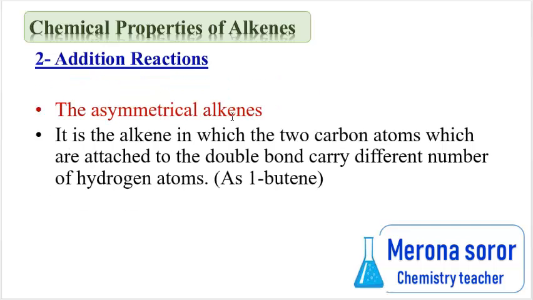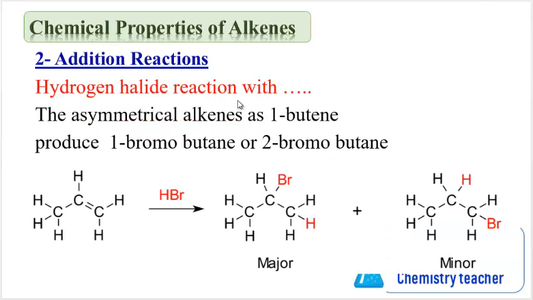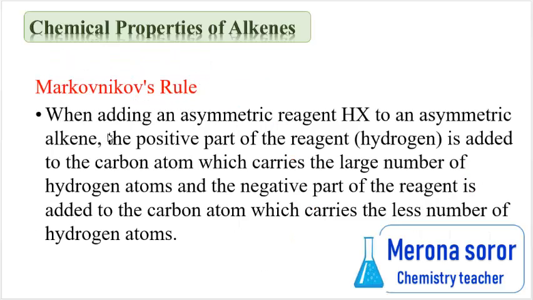The asymmetrical alkene is the alkene in which the two carbon atoms attached to the double bond carry a different number of hydrogen atoms. Hydrogen halide reaction with the asymmetric alkene, such as 1-butene, produces 1-bromobutane or 2-bromobutane. Markovnikov's rule: when adding an asymmetrical reagent XH to an asymmetric alkene, the positive part of the reagent,